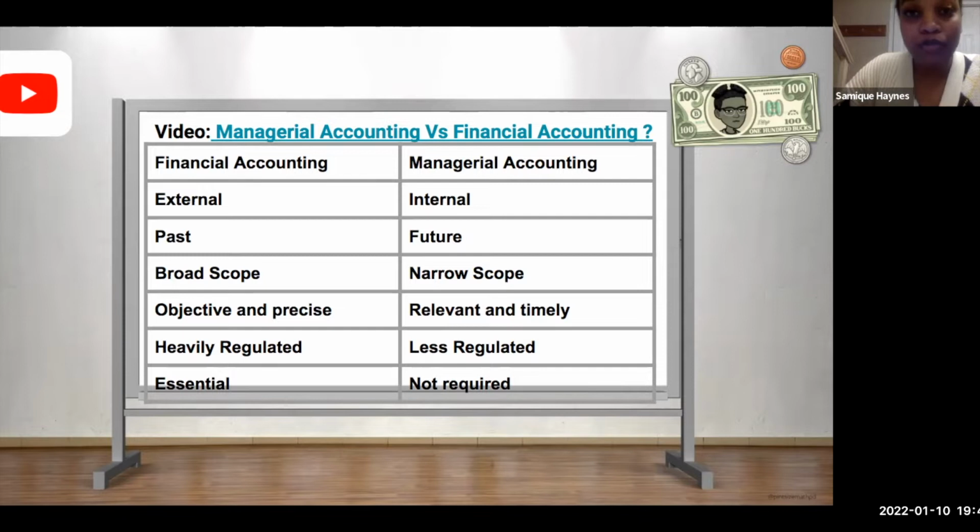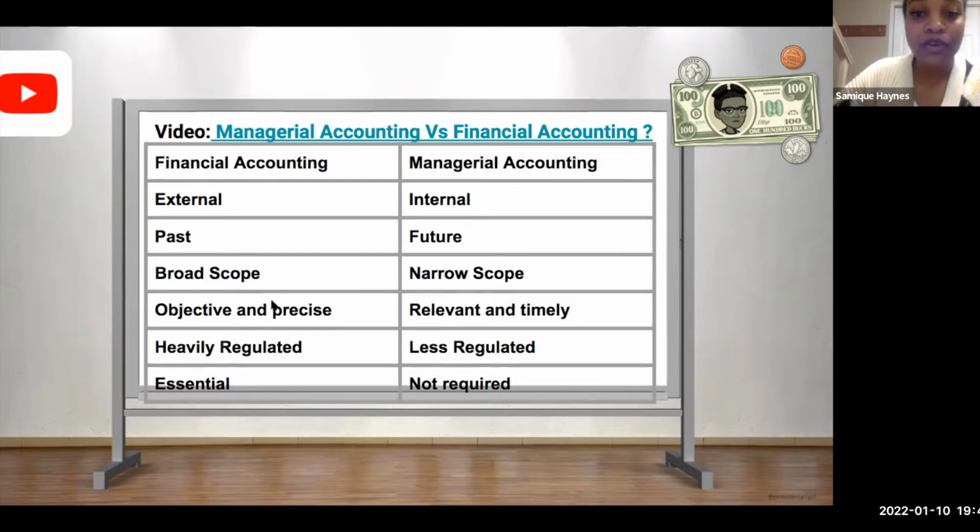And for managerial accounting, we also produce financial statements, but this time these statements are for use inside of the business. So for example, we're producing these statements so that managers who are working inside of the business can figure out how can we improve. They might look at their results in sales and see, okay, we didn't do as well as we projected to do. So what can we do differently next time? Financial accounting is providing information for people outside of the business. Managerial accounting provides information for people inside of the business.